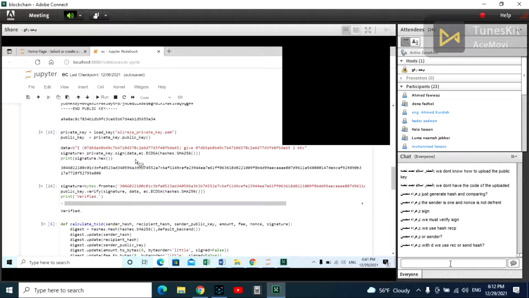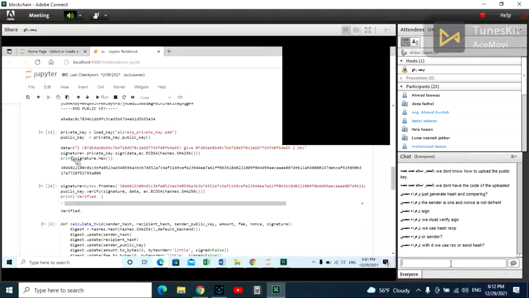Let me check. Name error, data. Here. D, calculate signature. It's okay. Sign, private sign. So using a private key. To be honest, we don't have the private key, so you cannot